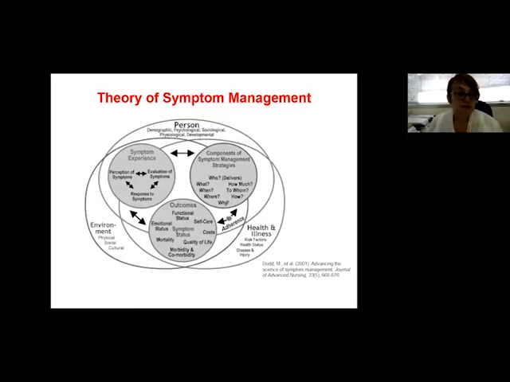What are the outcomes of managing the symptoms and the symptom experience? Well, what outcomes could there be on their functional status, self-care, costs, quality of life, other diseases, mortality, and emotional status? So this is a really fantastic theory that brings together all of those aspects if you're experiencing